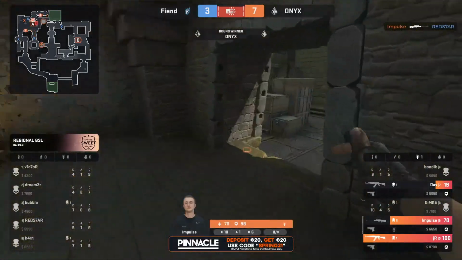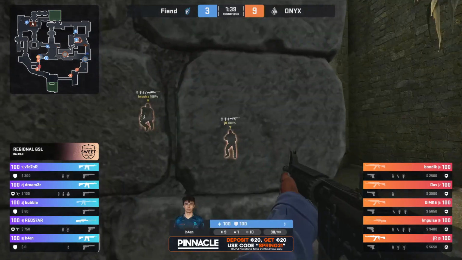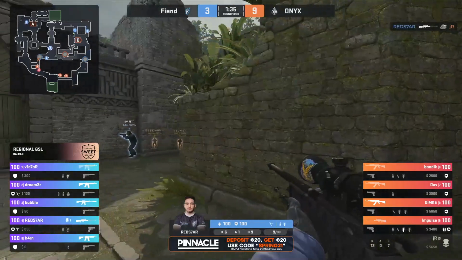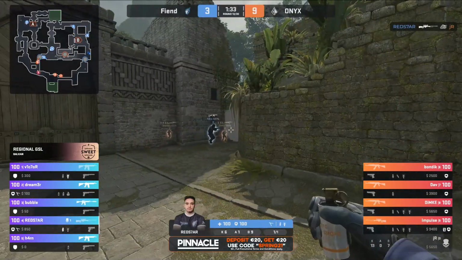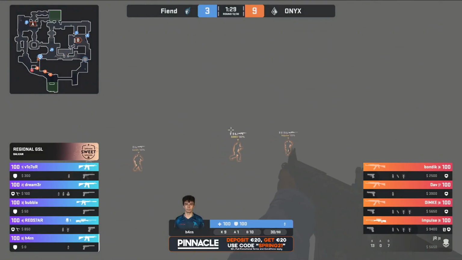Coming through from tunnels, he'll just be shut down. Han pushes all the way forward, deep into the bottom of middle. He'll be hearing this attempted boost as well. He's getting the audio info. REDSTAR just rattles off the shot through the smoke and connects. Han was saying, I can hear them. They're in the smoke right now. And this is